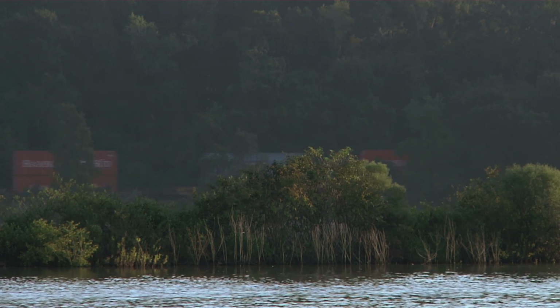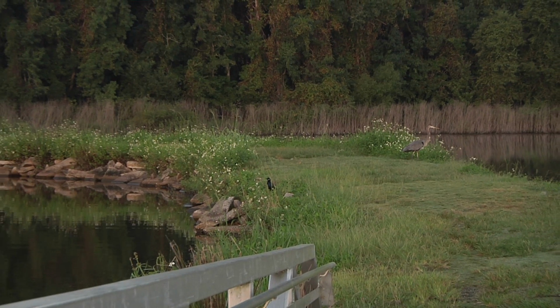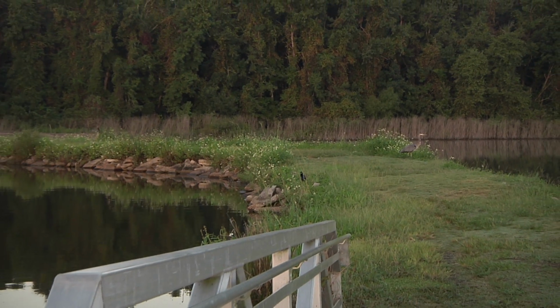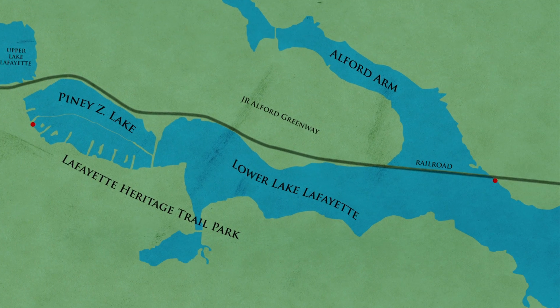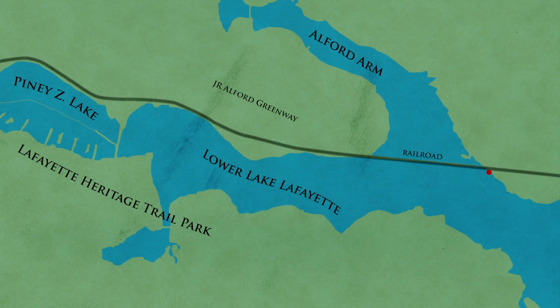In the 1800s, the Alfred Arm was separated from the lake to accommodate a railroad track. In the 1940s, the Piney Z plantation built earthen dikes in the lake. Lake Lafayette is 1,200 acres from Tower Cross Road all the way to Weems Road. And it was separated in '48 by these dams into 4 sections: Alfred Arm, Lower Lafayette, Piney Z, and Upper